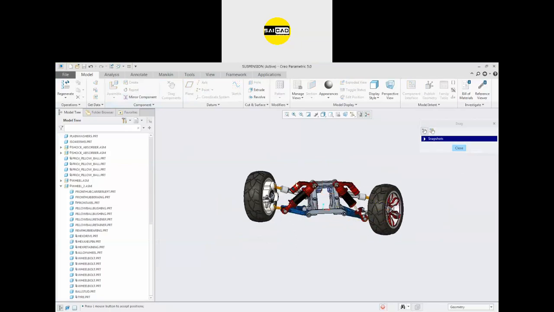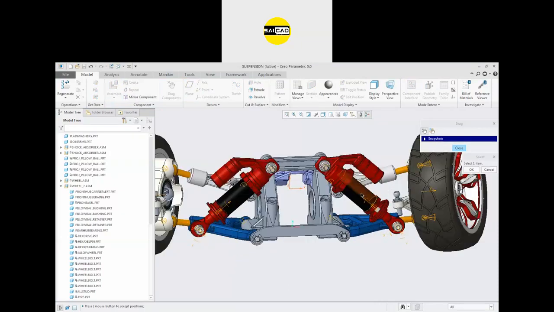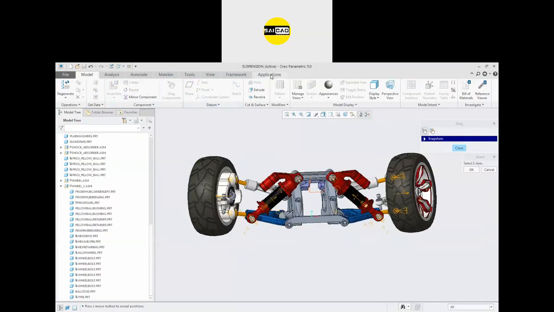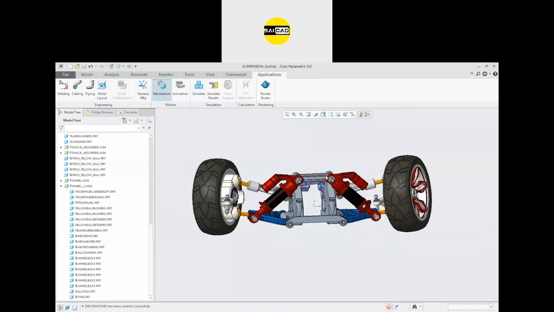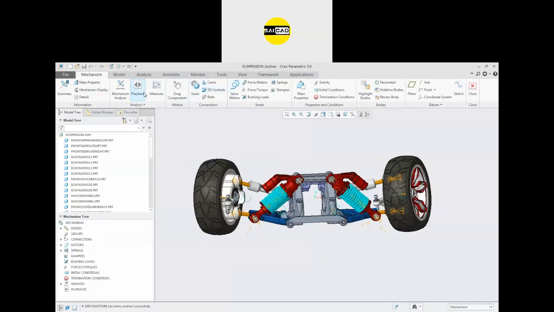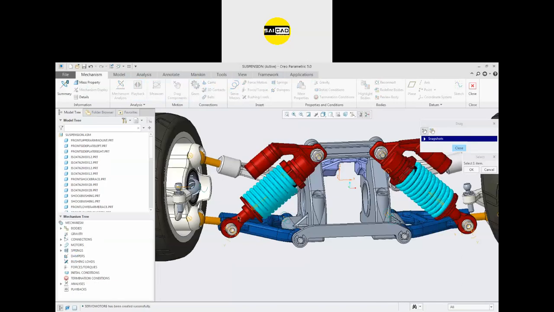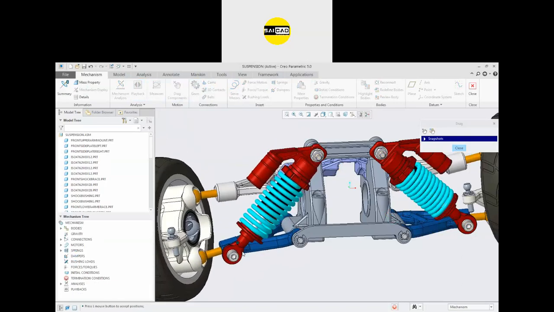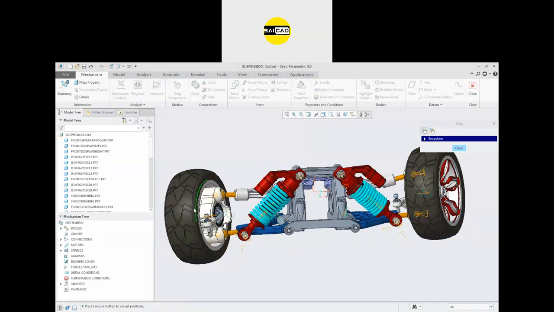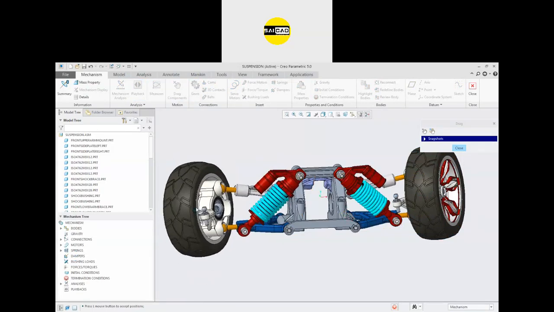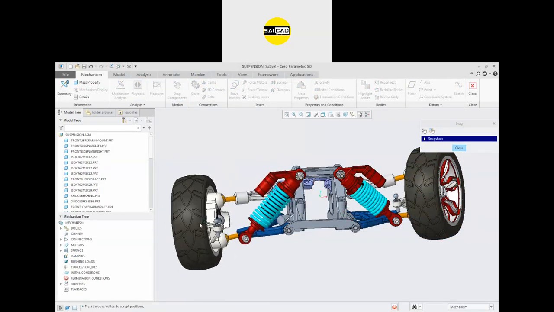It has some suspension like that. It can work with some suspension. You cannot see the spiral here, so that we can show from the mechanism. Right now, if you go here, you can see this is the suspension system like that. And again, it is individual. It can rotate around the axis. It can turn like that.